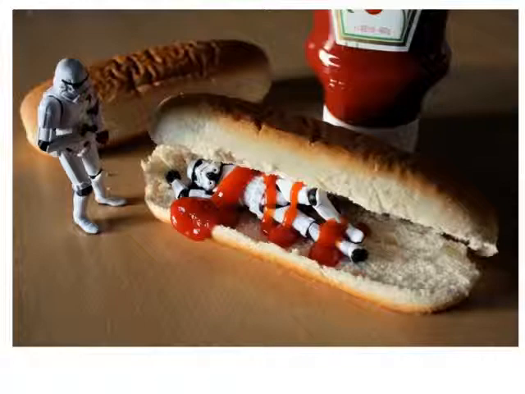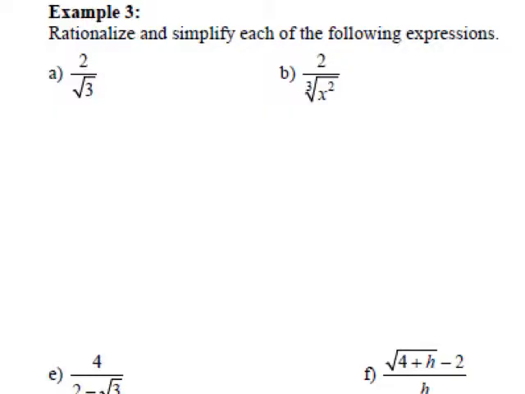All right, let's end with example number 3. Okay, this says rationalize and simplify each of the following expressions. And rationalize basically means make it so there are no radicals in the denominator. So what we have here is a radical in the denominator, which I'm going to go ahead and write as a fractional exponent. And what we want to do is get rid of that fractional exponent in the denominator. So one approach we could take is multiplying by a clever form of 1. So if we multiply the top and the bottom by 3 to the 1/2,